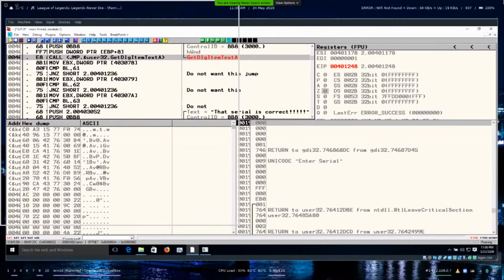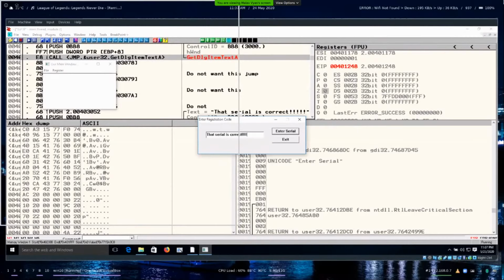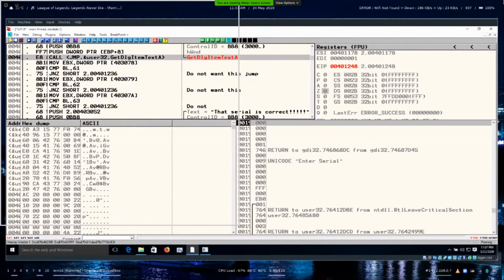Which is a Windows Win32 API function which will get the text from the dialog. Yeah, we have provided input in a dialog. So it gets something from this function and moves that into EBX, and performs some operations on it.